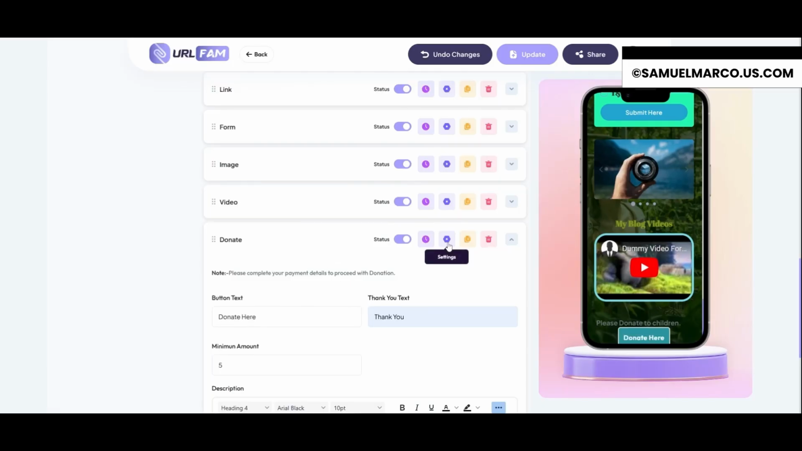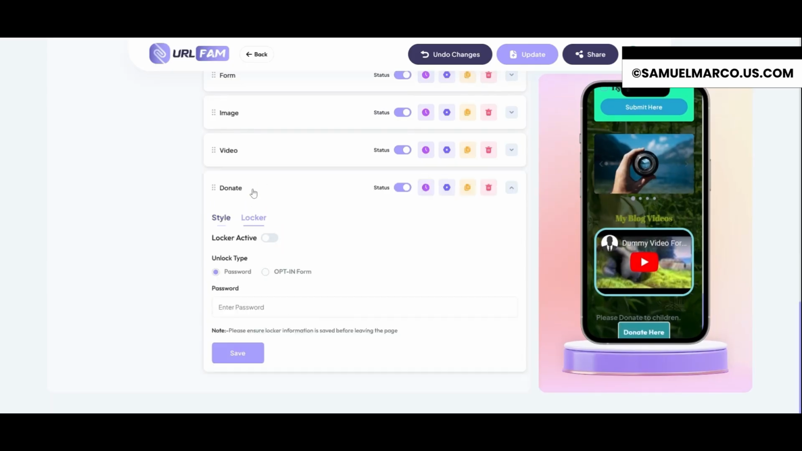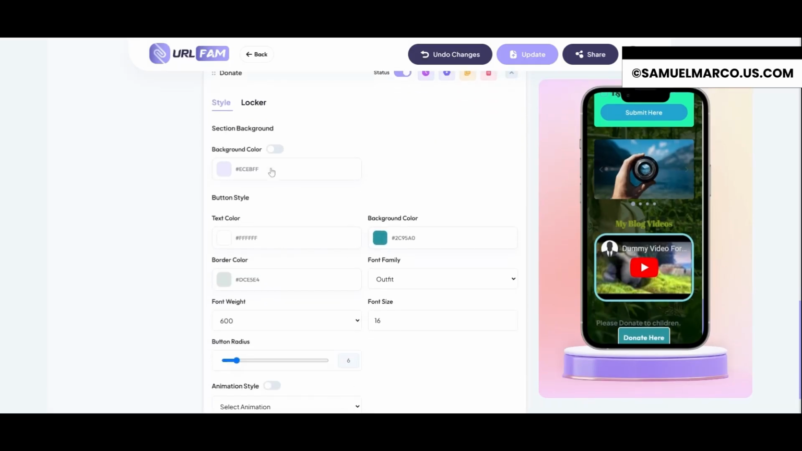Let's make the custom setting. You can make the style setting through this. You can add the locker through this option. So go to style setting, select the background. You can change the background color. Need to activate this first to change the background